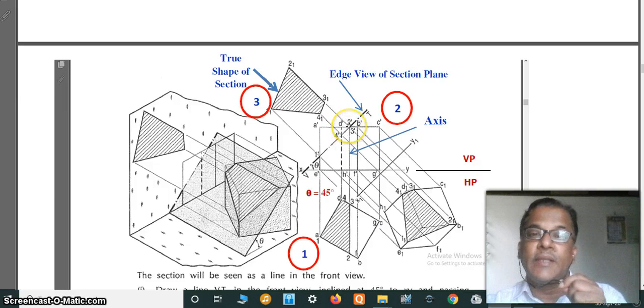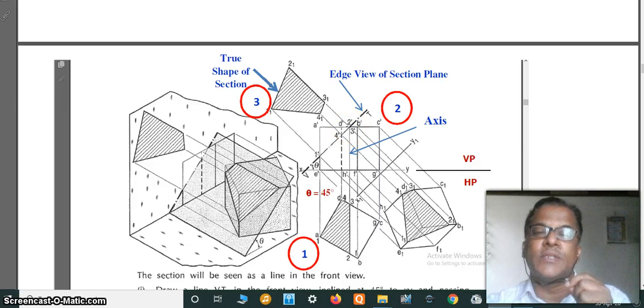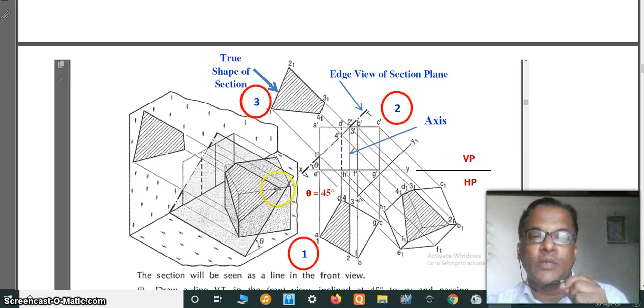While at this particular point there are 2 points, 2 and 3. Why 2 and 3 points? Because this cutting plane is cutting the top of the cube. So at the top of the cube, these are the 2 points, that is 2 and 3. So this is the point 4, which is somewhere here, and this is the point 1, that is somewhere here. So 4 points are there.